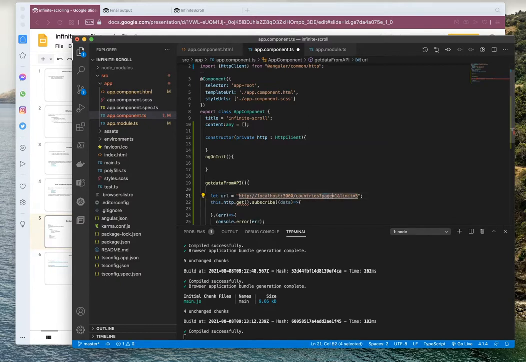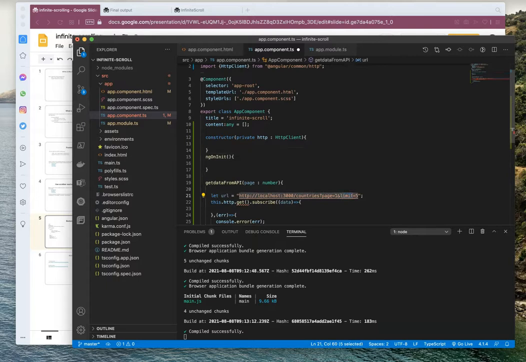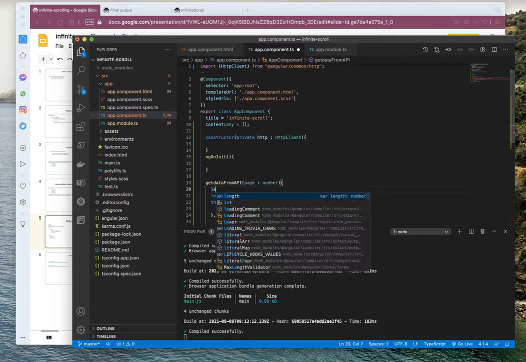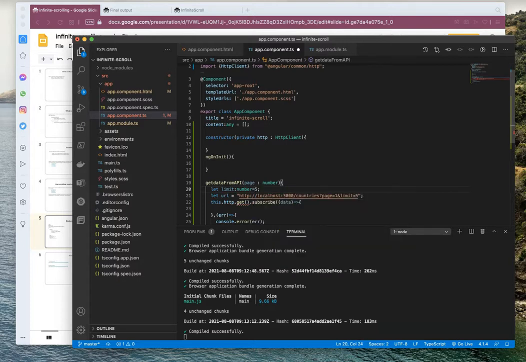Here we have to pass two values. One is page and another is limit. We can hard code it as 5. Let me convert this into string literal notation.